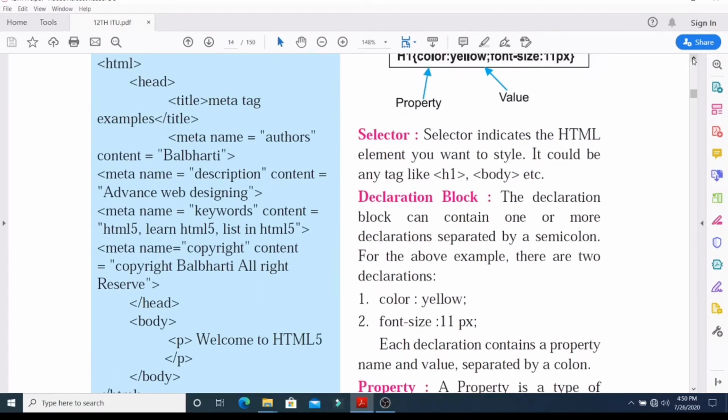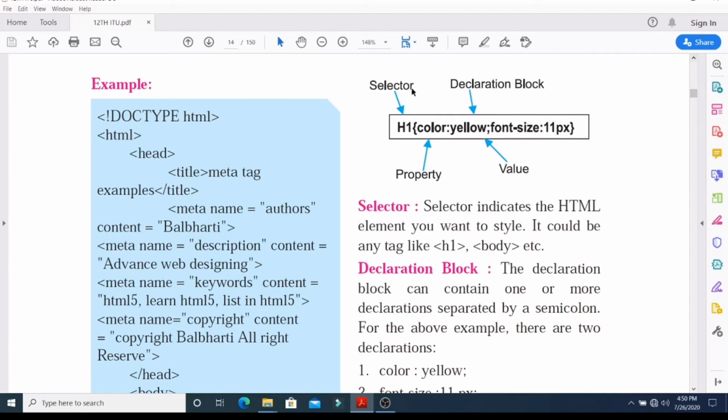Here we have a display of how things look while we write the syntax for CSS. Selector is nothing but your tag or element to which you are applying the style sheet. Declaration block is nothing but your exact property and value, that means what you want to change in the element.